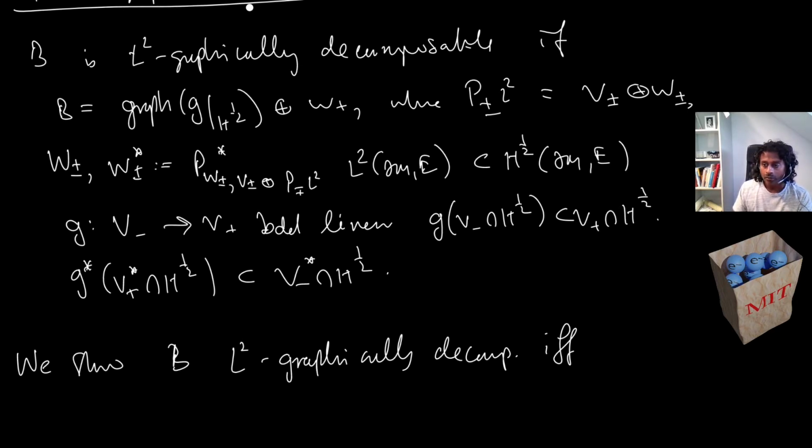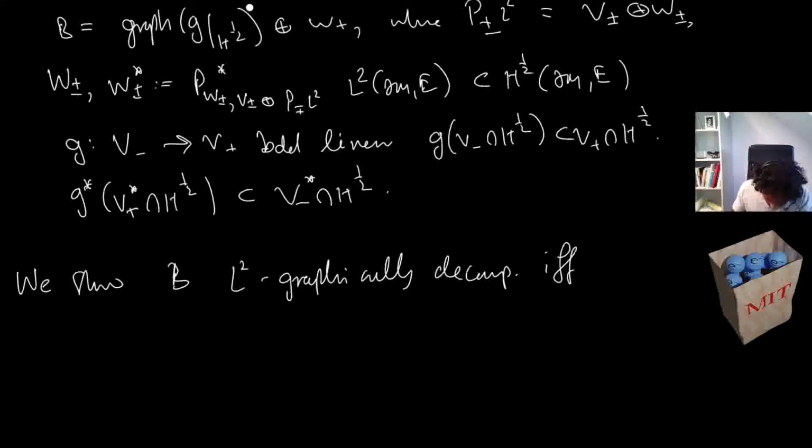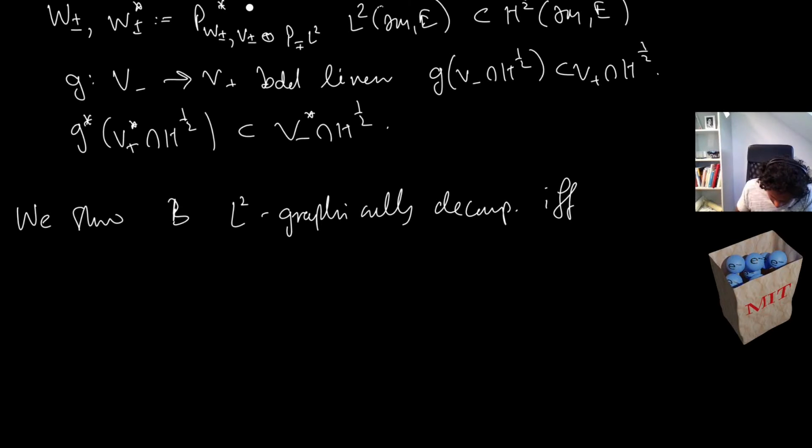I mean, it's the adjoint of the projector projecting to V plus minus, the range of that, yeah. Along this subspace, W plus minus plus whatever. Okay, so we show that B is L2 graphically decomposable if and only if B is elliptically regular, right? So this is what we're going to show